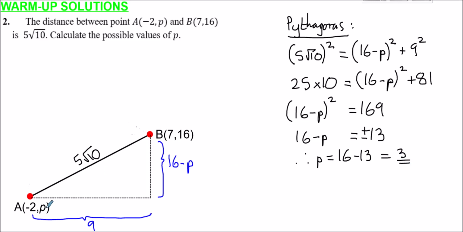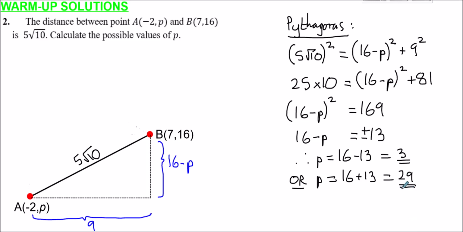And that seems right, doesn't it? So minus 2, 3. Minus 2 is to the left of 7, and 3 is below 16, so that looks right. However, this plus root gives us another option. And so another option is that p may equal 16 plus 13, which is 29. So we've done the question now, we don't need to worry about anything else, but I would